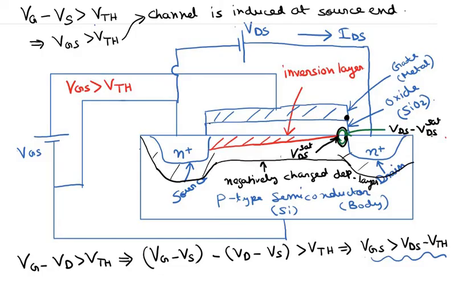Repeating again: once VDS increases beyond VDS set, if we keep on increasing VDS, this region where the channel has ceased to exist actually needs to become thicker, or wider in the horizontal direction, to hold the excess value of VDS. That is why this point where the channel has just pinched off would shift slightly towards the left, and this width